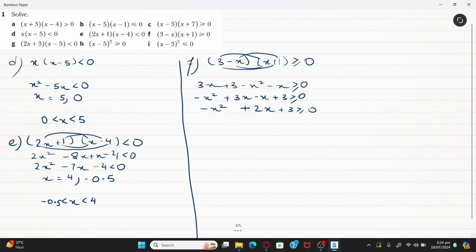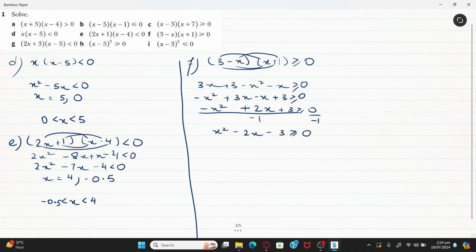So what we are going to do is again take our negative as the common factor, and divide both sides by negative 1, which is going to give us x squared minus 2x minus 3, and it's greater than